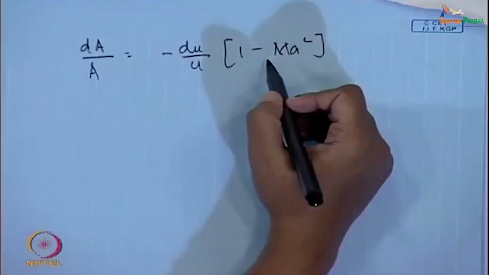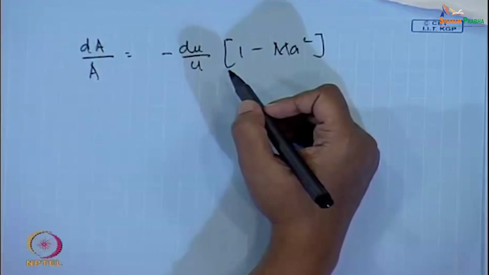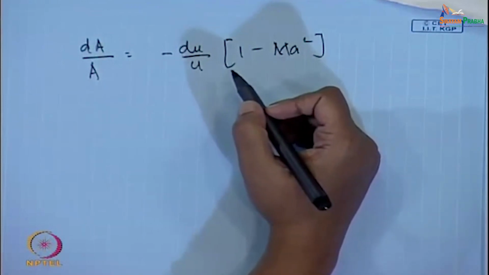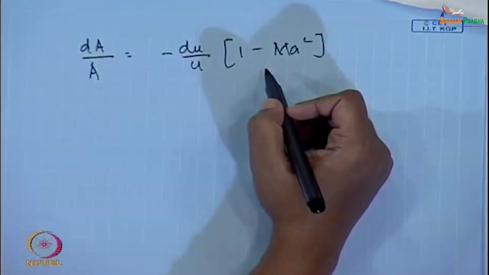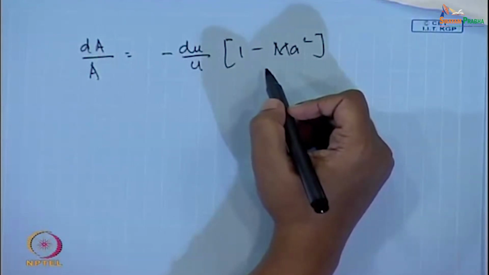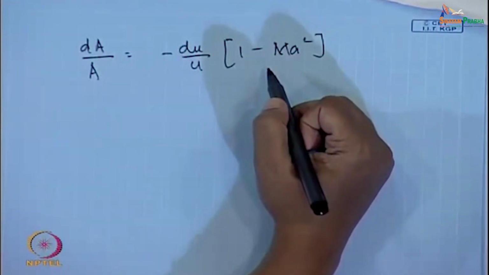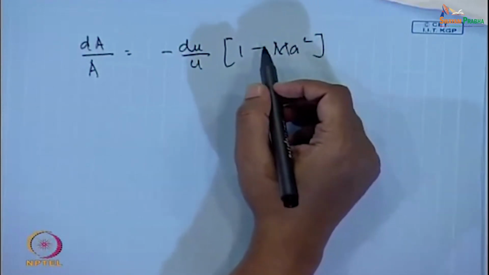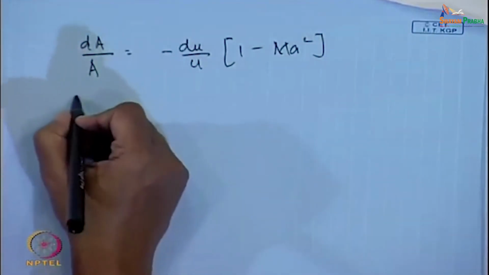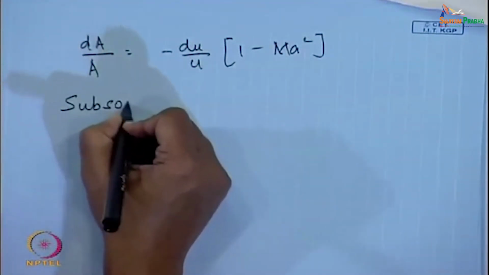But when Mach number is greater than 1, the reverse situation happens, is it not? We find that for Mach number less than 1, an area change causes a change of velocity of opposite sign. Positive dA means negative du for Mach number less than 1, and for Mach number greater than 1, an area change causes a velocity change of the same sign. So, from this what do we deduce? We deduce that for the subsonic range,